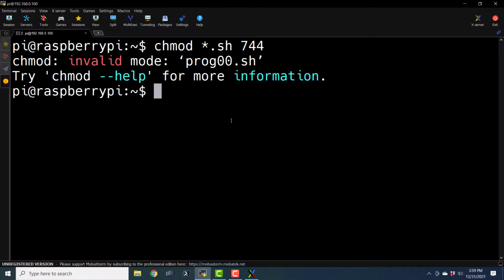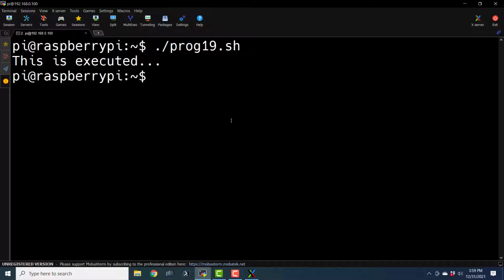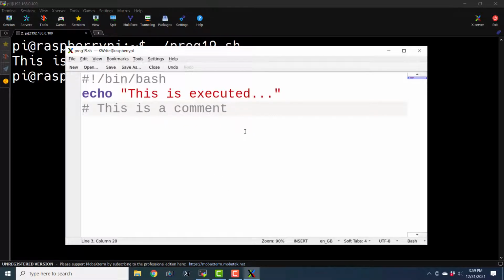Okay, so this is the command to change the mode. Again I seem to have made a mistake. 744. Let's clear it and let's execute it. prog19.sh, and this one is executed and the commented line was not executed.